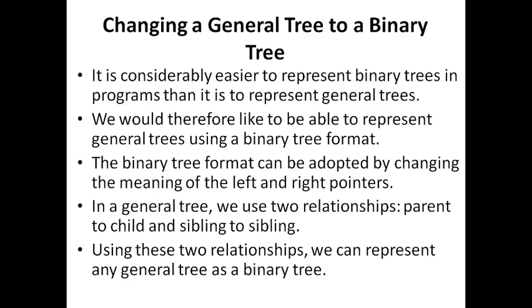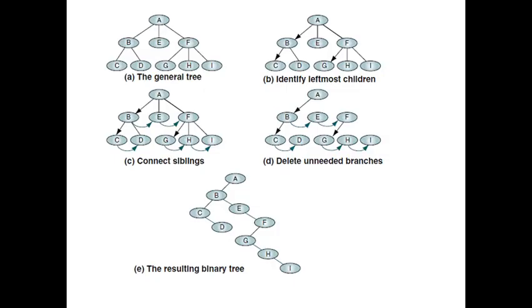So in such a case, if you have to transform a general tree into a binary tree, this is how that transformation can be done. Let me directly show you the example. This is the given general tree. It has the nodes A, B, E, F, C, D, G, H, I. First of all, how is this considered a general tree? A has 3 children and F is also having 3 children, which means it cannot be a binary tree. So we have to make it into a binary tree.